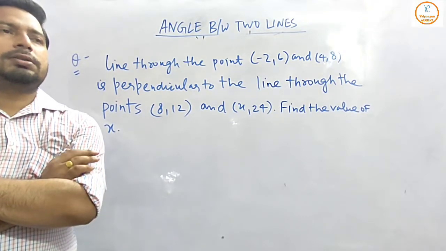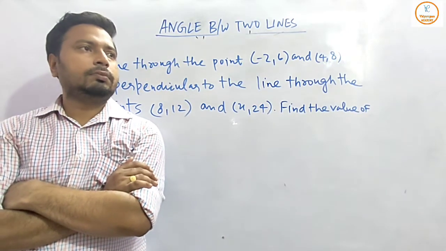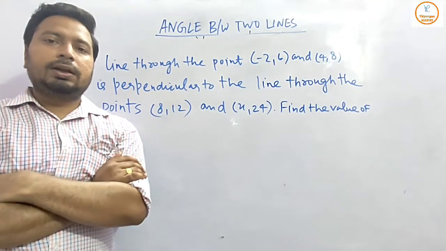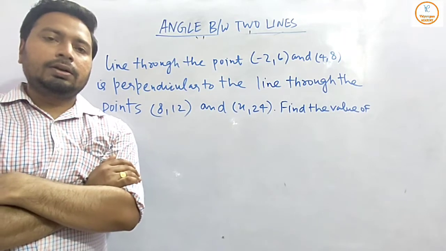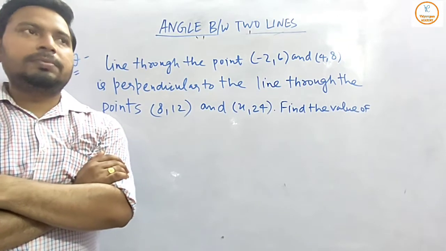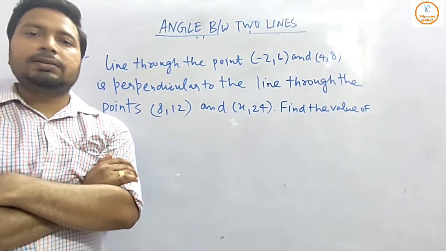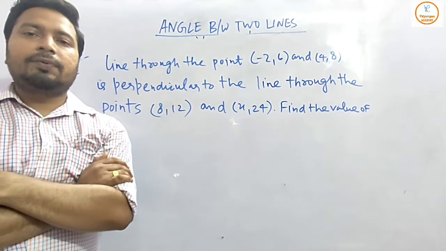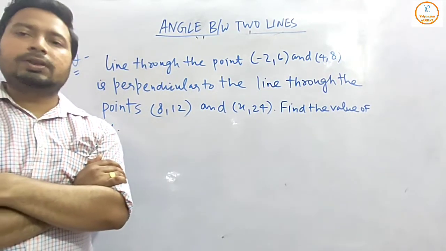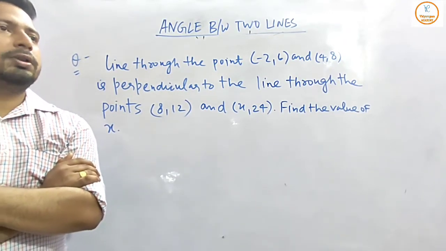So this is the question which is somewhat different from the last question. This has some different concept. You have attended that class, in that topic I was teaching the lines which are parallel and the lines which are perpendicular to each other. This question is based on that concept. For parallel lines, the slope of two lines is the same, and for perpendicular lines, the product of the slope of one and the slope of two is equal to minus 1. So on that concept, this is the question.